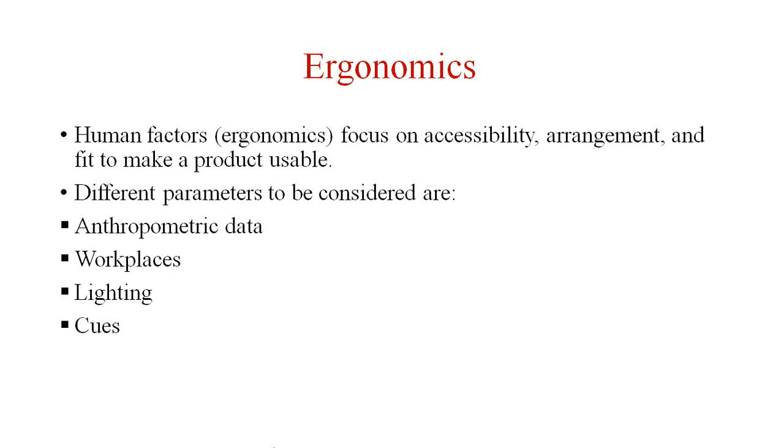Then in public places there is a symbol like a horn, which relates to the alarm. Sometimes warning symbols are also shown on the product. So those are the pictorial representations of the symbols which come under the visual cues.